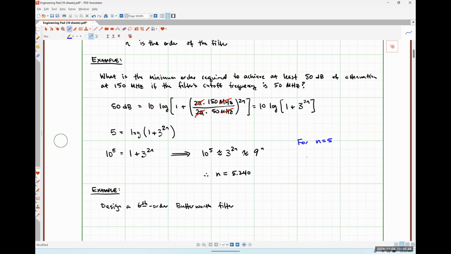So that gives me 47.712 dB of attenuation, which is less than our design requirements. So a fifth order filter would not get us where we needed. For n is equal to 6, we would have 10 times the log of 1 plus